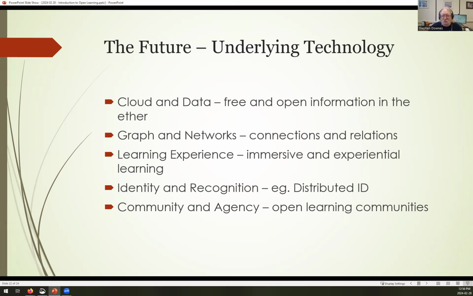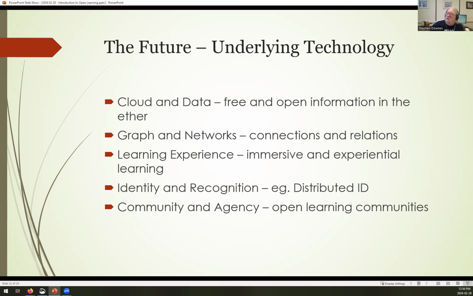I've done some research recently on the whole topic of data literacy, and data literacy is another one of these presentations that would be really good for this series. Graphs and networks, this whole idea of linking things to other things. That really wasn't possible in the pre-internet age. It is possible now, and people are only beginning to see the potential of that. That's what made our connectivist MOOC possible, and it's going to make a ton of other things possible.